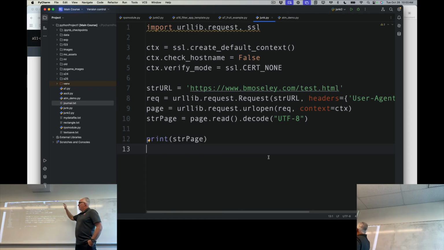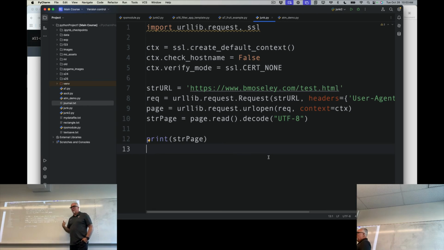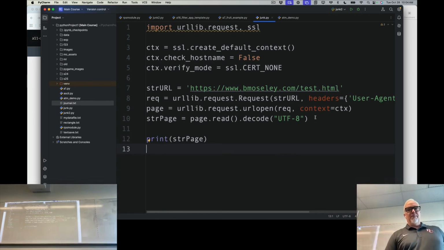So this first part, these 3 lines here, are using the SSL module to create what's called a security context. All that means is that we're creating a secure connection with that web server, which is one of the pieces of getting past that security, or masquerading as a web browser. This is the web address, or the link, that we're going to use to start. I created this as a fake set of web pages on my website